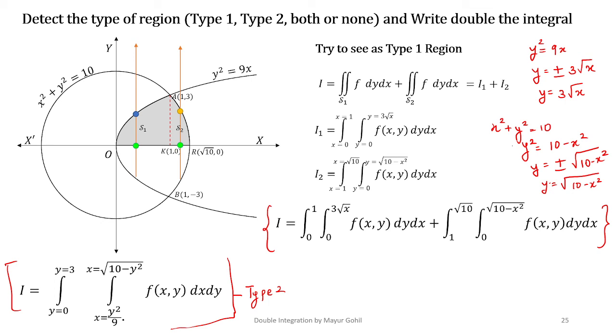Also recall the property of the double integral that S1 and S2 are two non-overlapping regions. We had seen this property. That's why this splitting up of the integral is possible. So this is the main part of the discussion that we have seen: how a type 2 integral, when we try to see it as type 1, splits up.